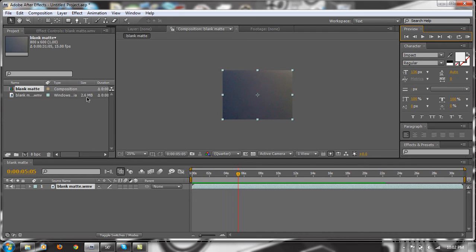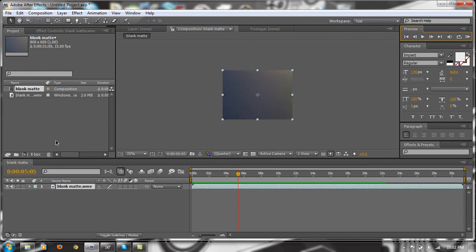Okay. Now you don't really have to do this, but this would be great practice. Just take a picture of a blank wall or cement, something where there's no people or anything in it. I'm gonna call mine a blank mat because that's actually what they're called. So then drag in your own composition and go ahead and download some cool images